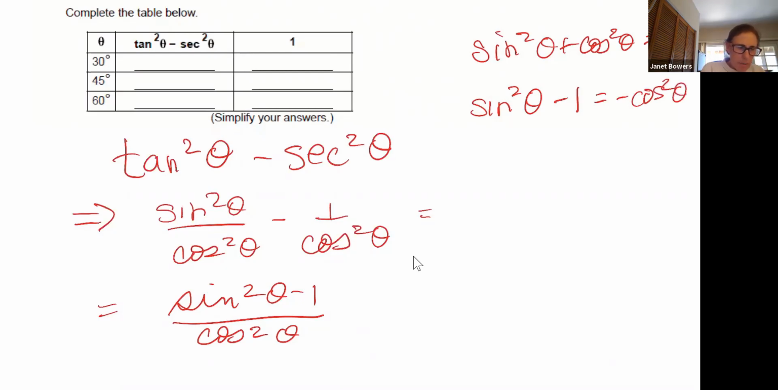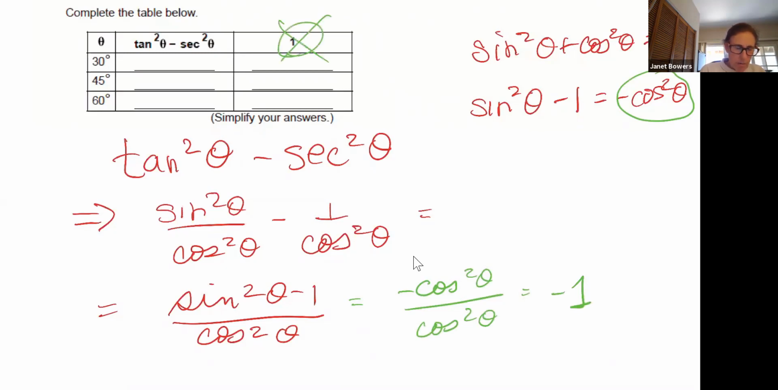So I can replace sine squared minus 1 with negative cosine squared theta. So this becomes negative cosine squared theta divided by cosine squared theta, which is equal to negative 1, which is not equal to 1. So this is not a true identity. It does not hold. But let's explore this more deeply, because what's really fascinating and beautiful about this is,